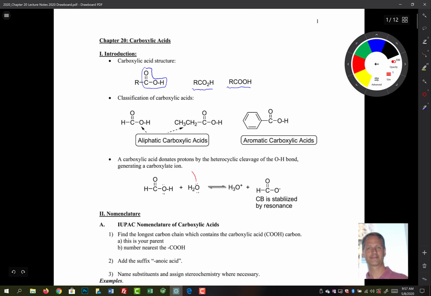So we see water coming over, grabbing that H to form H3O plus. So here's our H3O plus, and then we get our carboxylate ion, and this of course has resonance. So we come over just like so and do that, right? So the resonance structure of this would be